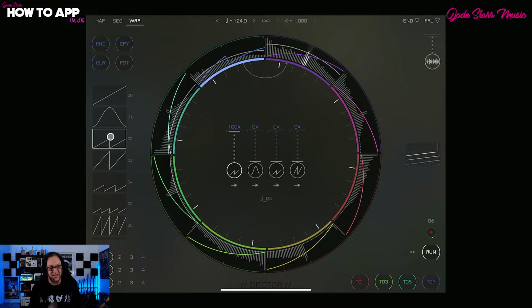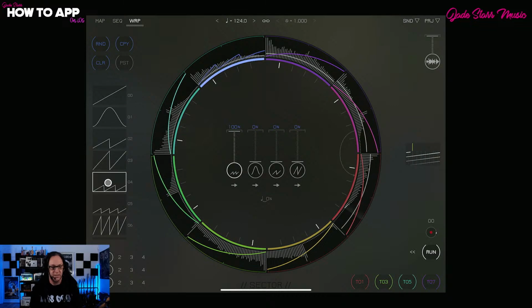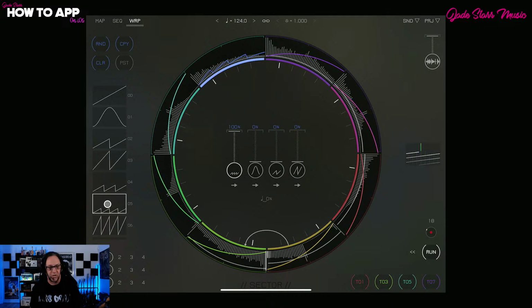So we're getting that double. Triple, 4,